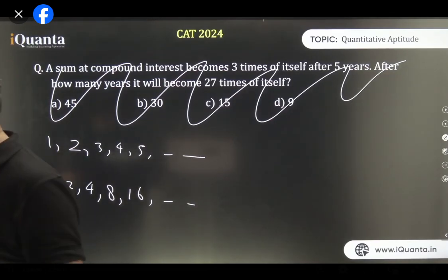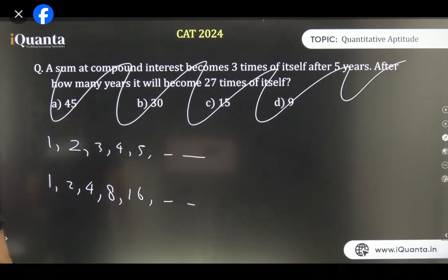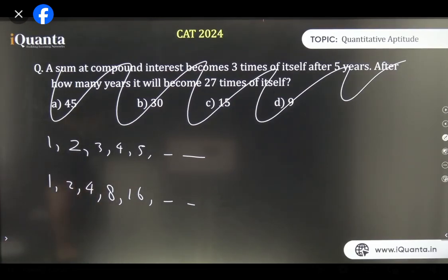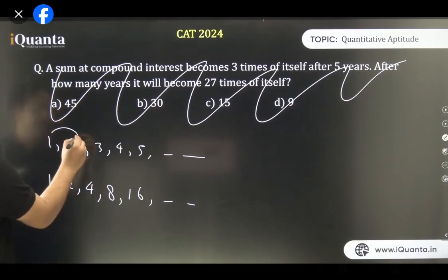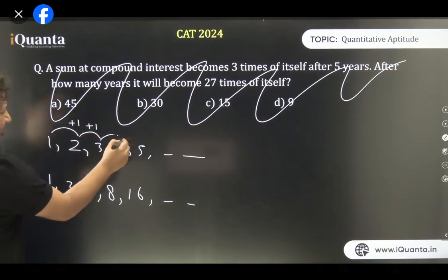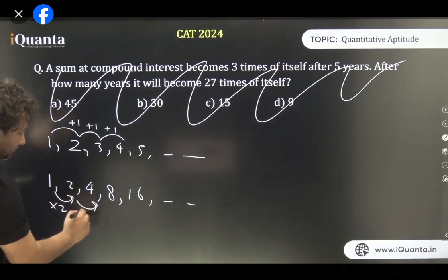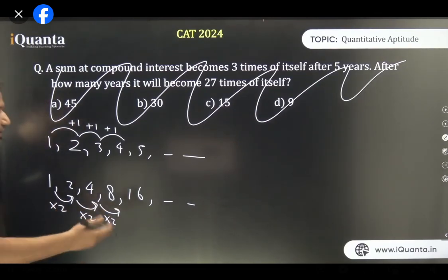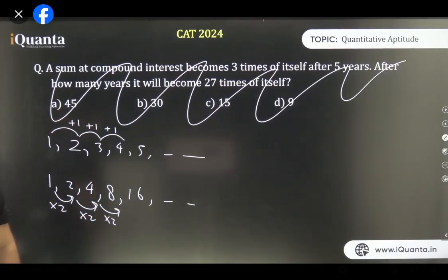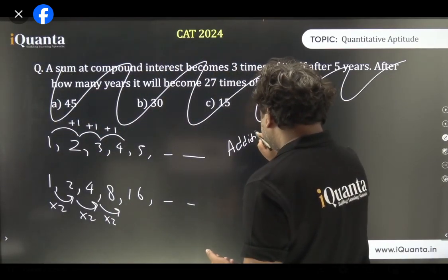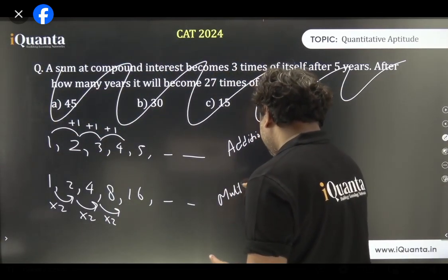I don't want to use the term AP and GP directly, but I'll just show you one simple thing. Akanksha says different numbers. See, here in the first series, numbers are increasing by a certain value. Here it is 1. In the second, the numbers are getting multiplied by a certain value. That is 2. Things are becoming double of itself. So the first one is basically a series which is found by addition, and the second is formed by multiplication, right?